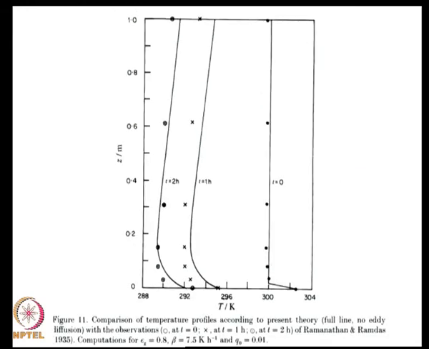And here are a few more examples showing that the observed temperature profile near the ground does have a minimum, and our numerical solution is able to capture some, if not all, features of this phenomenon. Precise agreement cannot be expected, but the general shape of the curve follows quite closely what is observed in the field.